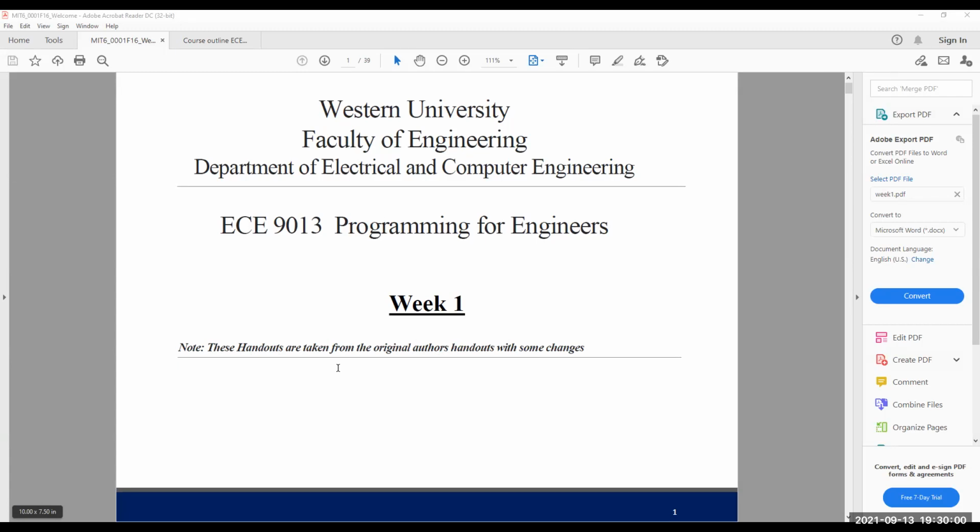Notes. As of next week, slides and code files will be uploaded to OWL before each class. I will do my best to upload them by Friday every week. I'll put some examples of code in the handout. Try to run them yourself to see the results, so it will be easier and smoother moving through our course. I highly encourage you to download them before the class, take notes, and run the code files when I run the files. Normally, I will use Jupyter Notebook to run all the code.